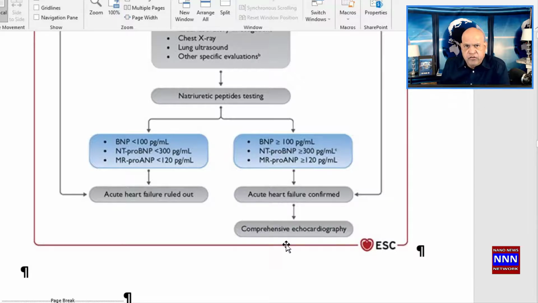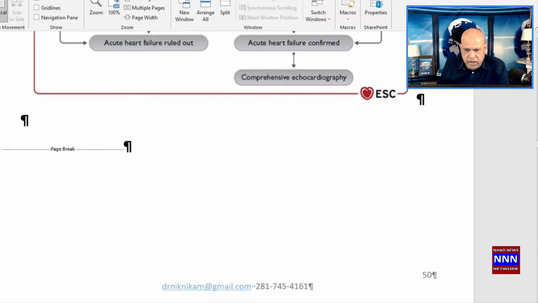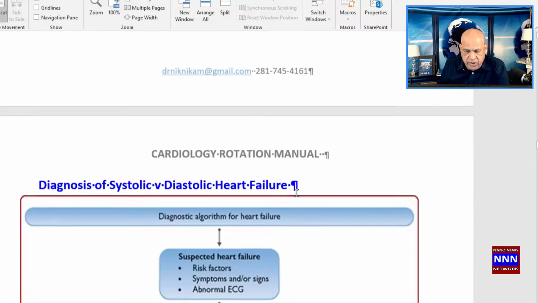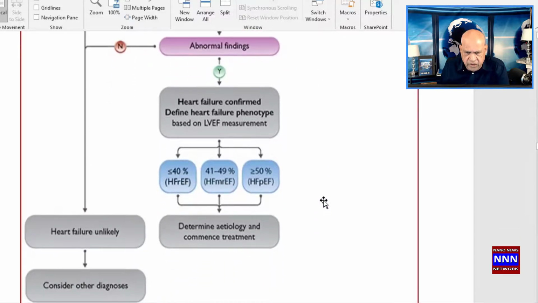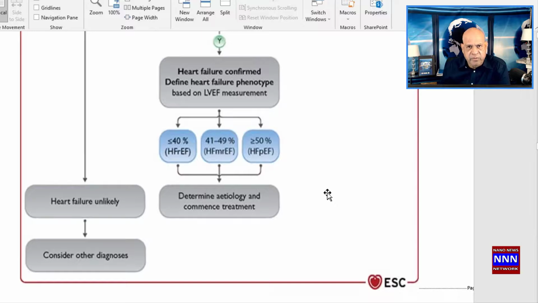Once we have established the presence of heart failure, then we are going to get a comprehensive echocardiography. And based on the echocardiography, we can determine what kind of heart failure this patient has. If the ejection fraction is less than 40%, we are dealing with heart failure with reduced ejection fraction. If the ejection fraction is between 41 to 49%,